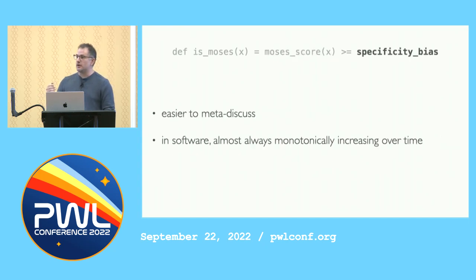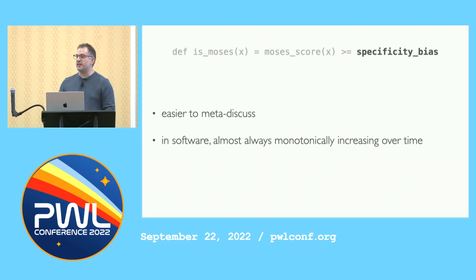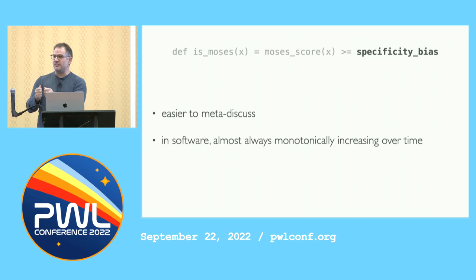The second part is also interesting. One thing about it is that it is actually easier for us to discuss. If I'm talking to somebody about Moses and we're talking past each other, it's hard for us to discuss our own internal sense of what it means to be Moses. But I can at any point say, no, I mean all the way down the line biblical Moses. I can talk about the intensity of the meaning, even if it's harder for me to talk about the meaning itself.